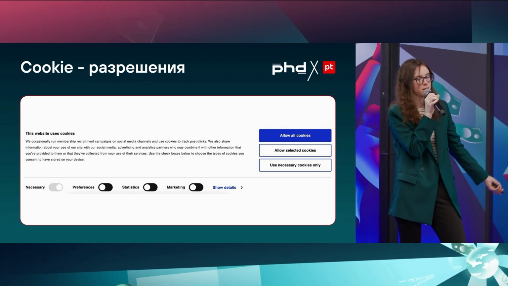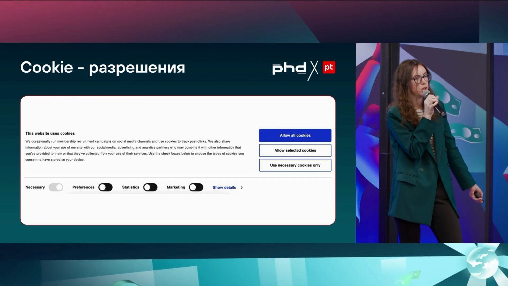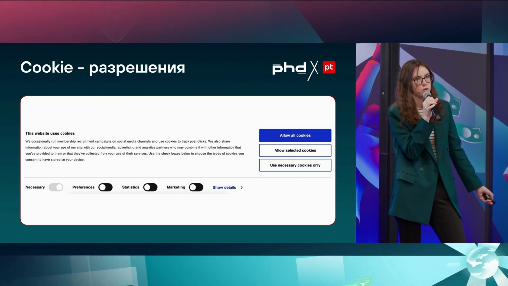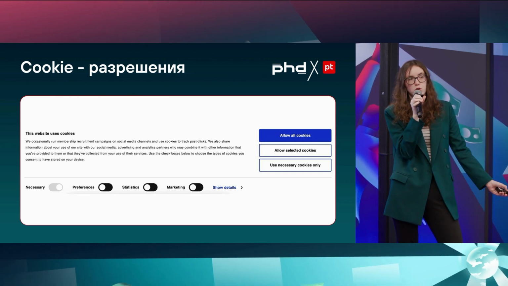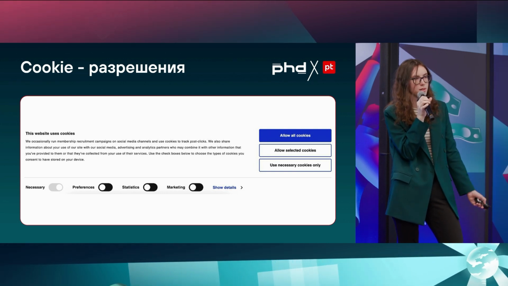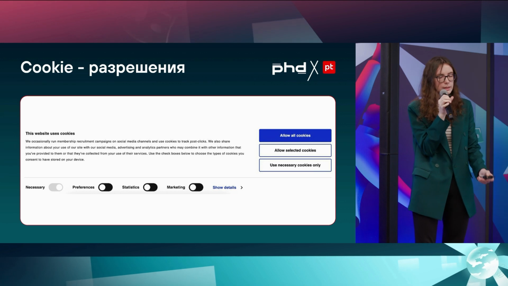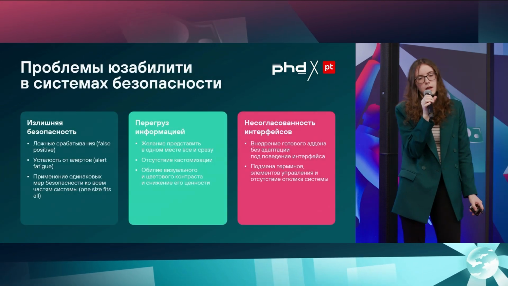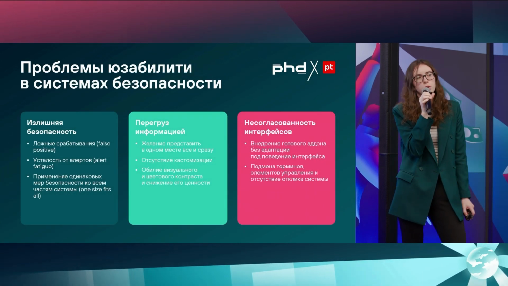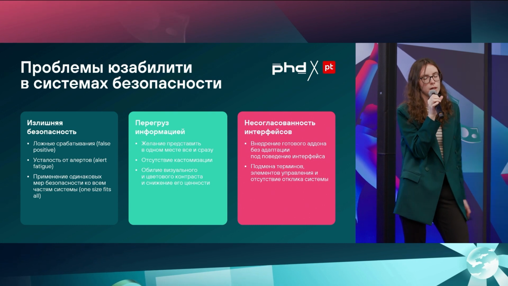I think if someone comes up with a nice solution of how to better present these cookie banners, this person would be able to make a lot of money and they wouldn't need any other products, because if they come up with a good solution, that would be a wow solution for the market.